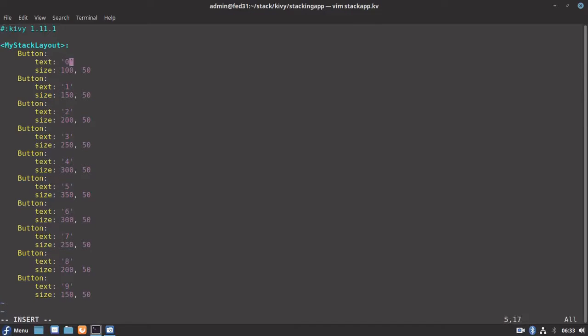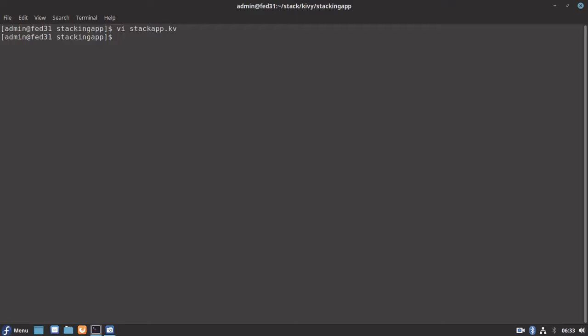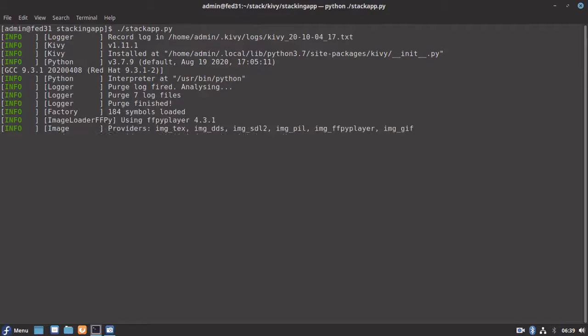This is for understanding purposes, to see how it is actually aligning the buttons. Let me save this one and try to run it. Let us try to launch our application.